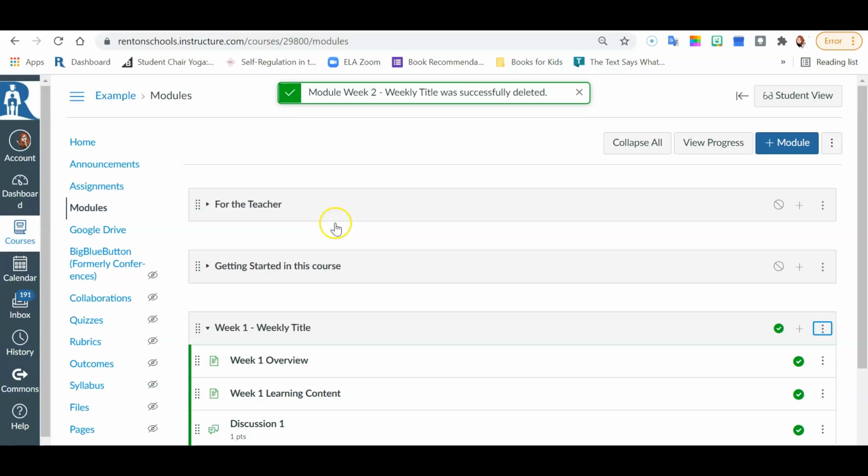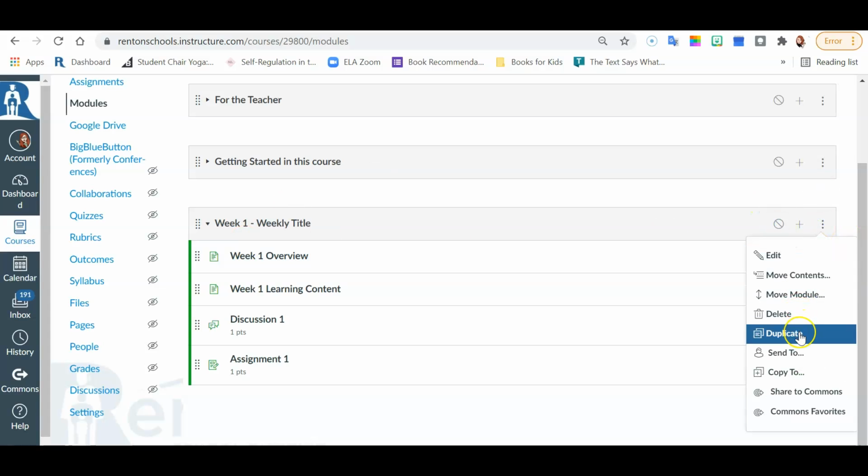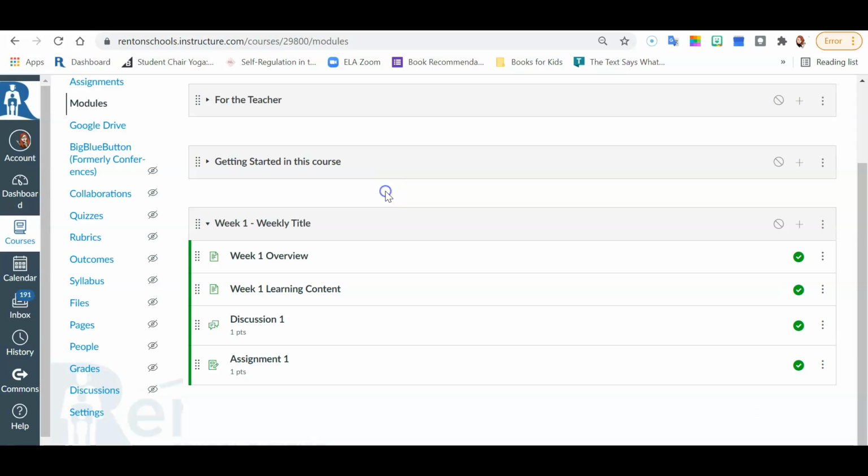And I'm going to start right in with adding information on my weekly one. Maybe I want to keep this one as sort of like a template for each week, if that's something I like. I could always unpublish this, and then for each week, I actually would be able to duplicate that whole module in order to reset things in it. Whatever works best for me,